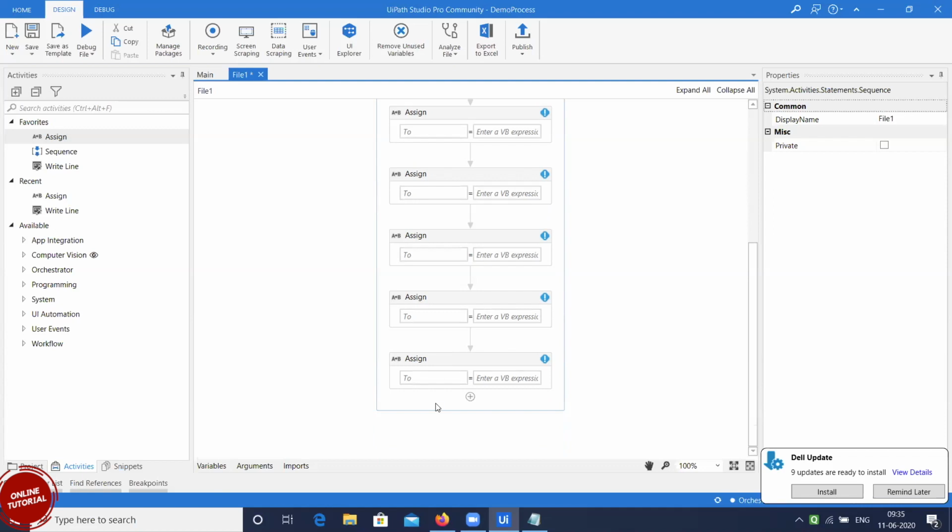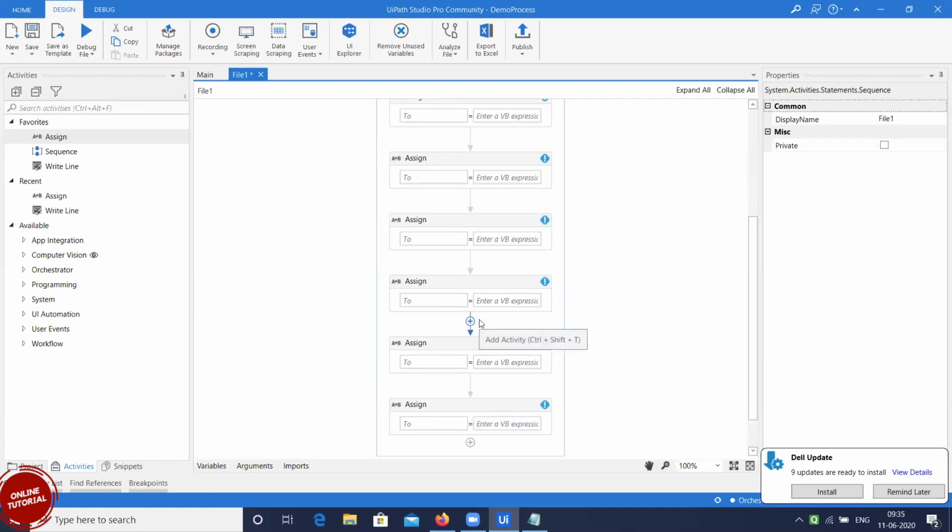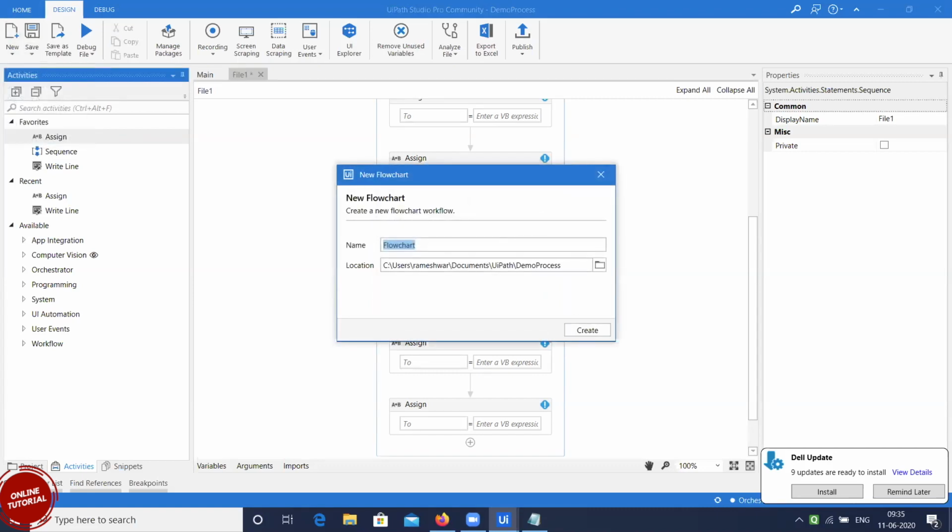If I already have the flowchart readily available, is it something I can just bring and insert here, or do I have to derive the flowchart separately? Means, see, for example, I have a flowchart. Quickly design it. So I'm creating one process with a flowchart.